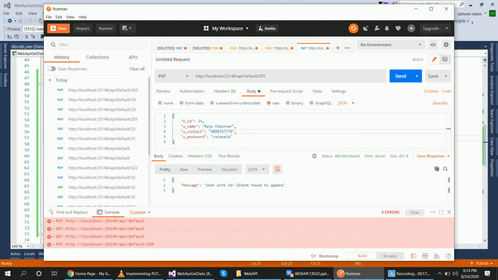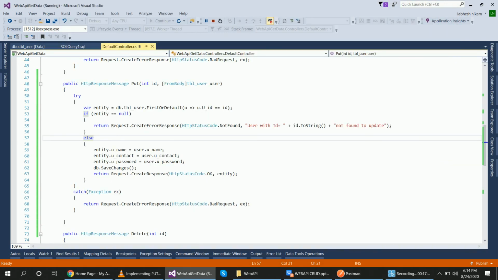That time no response was created and it went directly to the catch, bad request created. But now a 404 Not Found status code and message are created: User with ID 255 not found to update, because of this code, right?